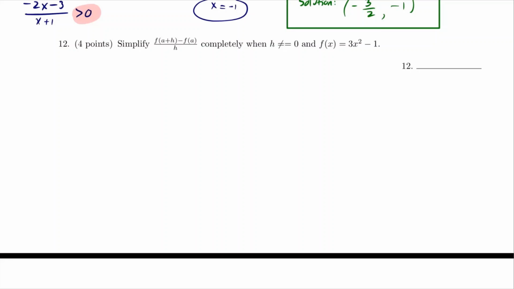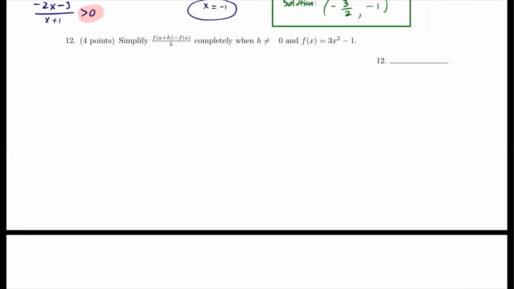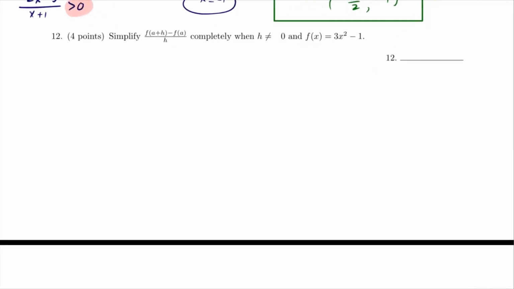This should be just h of x is not 0. So I'm going to erase that. All right, so now we figure out each piece and then plug them into our function. We have f of a, so plug in a into your function. F of a is going to be 3 times a squared minus 1. That's f of a. F of a plus h, that's going to be 3 times (a plus h) squared minus